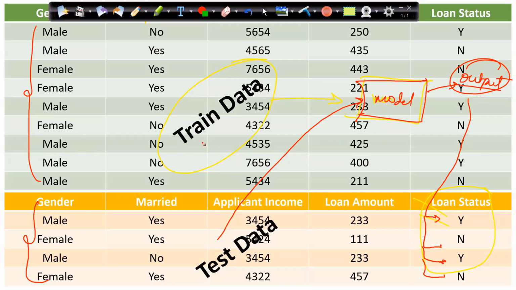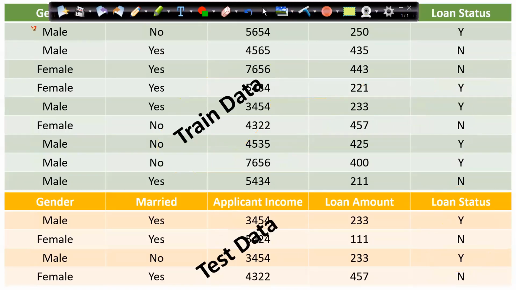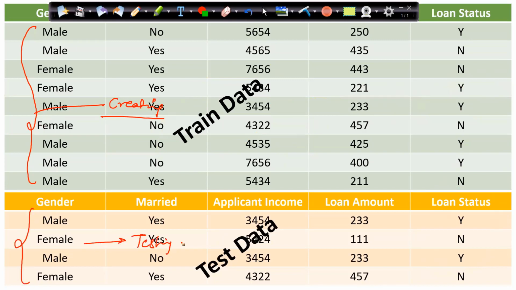So basically, if I come back to this data set, I have this data set on which I am creating the model. I have this data set on which I am testing the model. But in future, I will get a new record altogether where I don't know about this output.